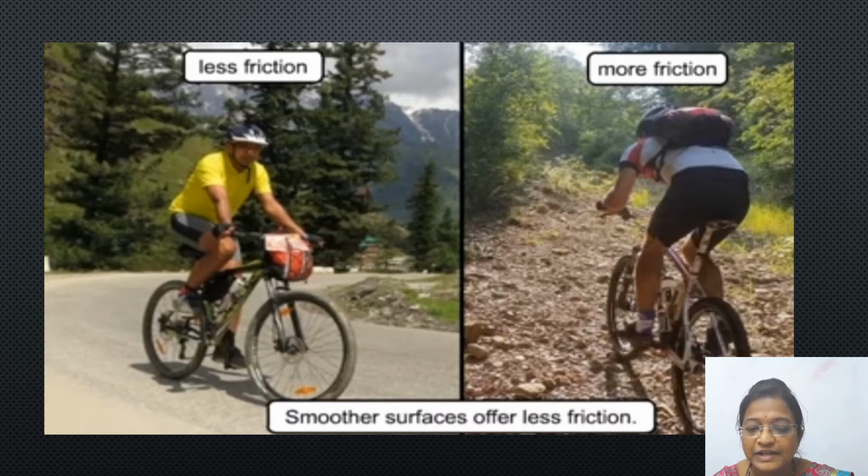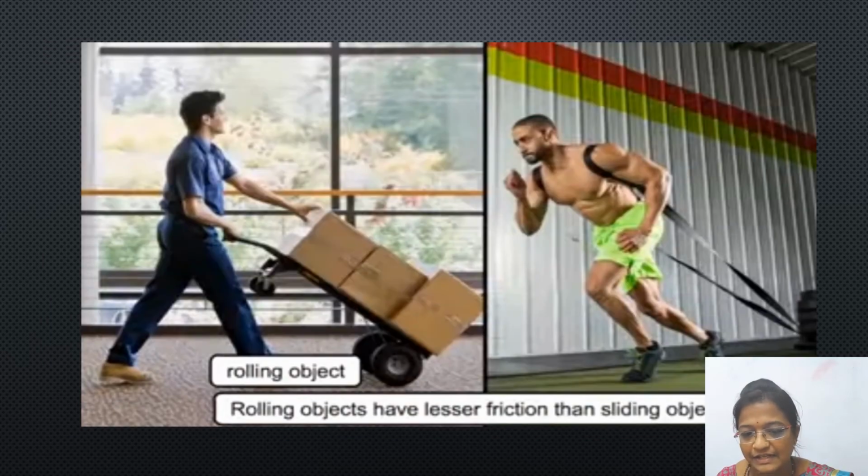Smoother surfaces generate less friction, and you can also see that rolling objects have less friction than sliding ones. See here the rolling objects, they have lesser friction than the sliding. Here is rolling and here is sliding. So rolling objects have lesser friction than sliding objects. This is about friction. Now the next force is